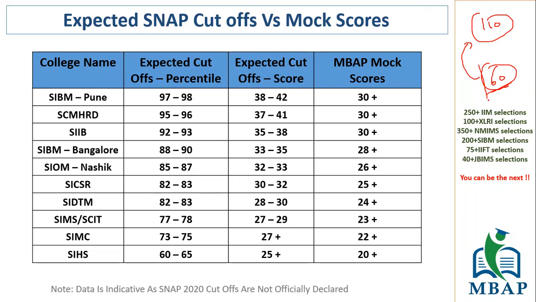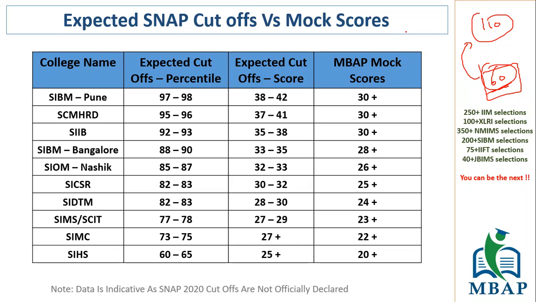However, this year the pattern is new. In the sectional breakup, there are 20 questions in the first section, logic has 25 questions, and verbal has 15 questions, and there's no sectional timing. That means you can increase your score in one of the sections by putting in some more time there. Based on that, these are the expected cutoffs that we come up with.